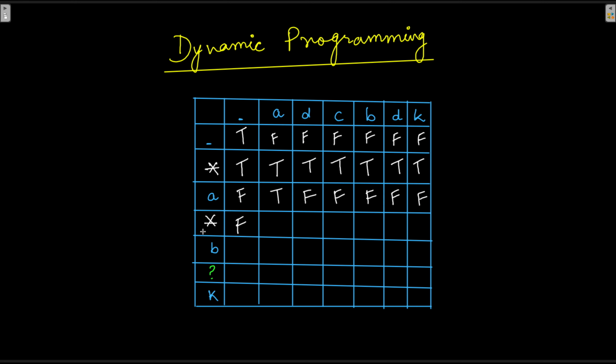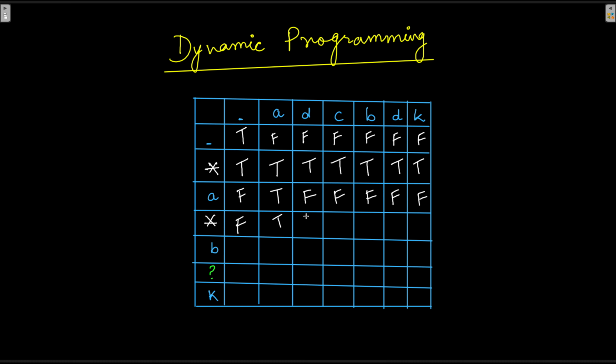What about A? So for A, the asterisk can take the shape of A, or it can take shape of no character. So by being no character, then it would be the responsibility of this pattern to match against A, right? Because now asterisk is acting as no character at all. If this one is no character, then let us see if there is a match for A or not. And we see a T here. If it is a T, that means it is a match. If it is a match, I'll write T. So, well, we'll talk about it after this one.